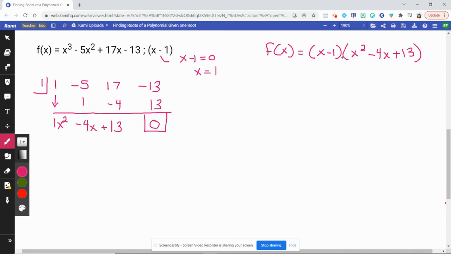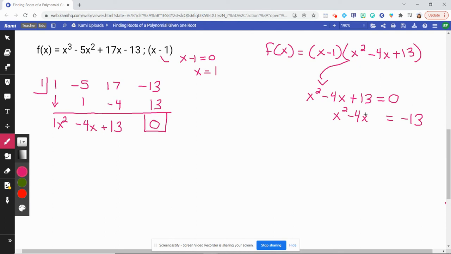To figure out the roots that are associated with this quadratic factor here, we can either do quadratic formula or completing the square. I personally like completing the square for this process because our a term is equal to 1 and our b term is even. So if you want to do quad formula, feel free, but to complete this problem, I'm going to choose to do completing the square. So to complete the square, I'm going to take my factor, set it equal to 0, bring my c term over to the other side,